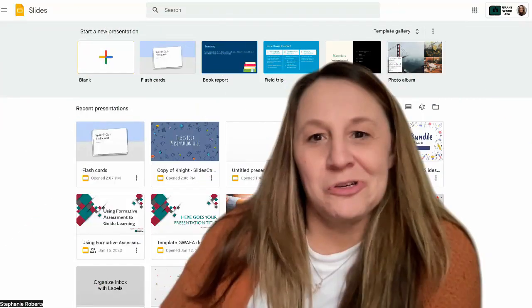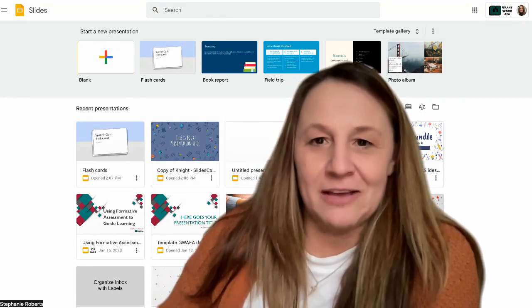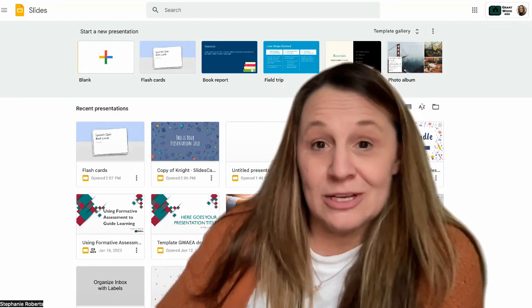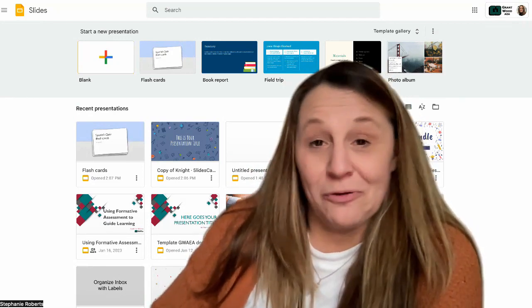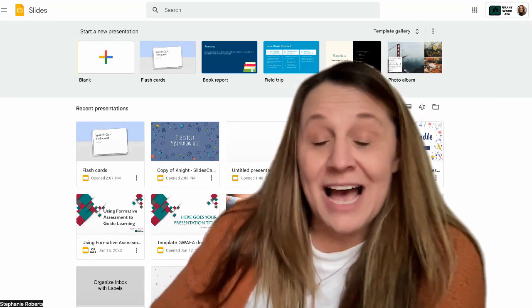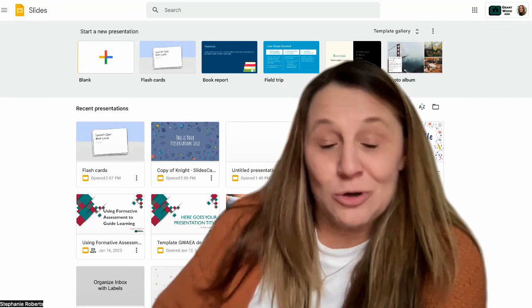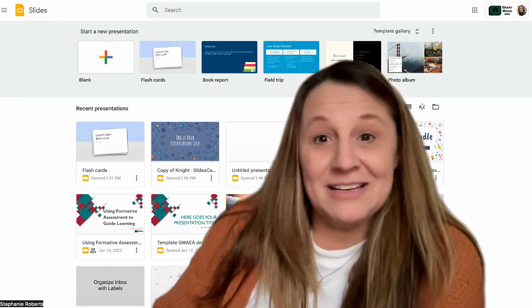A lot of us use Google Slides, but were you aware there's actual templates out there that can make your life easier? Not only that, it will help engage your learners. It will allow you to focus on the content instead of the formatting of the slides. And on top of that, there's awesome templates out there that include choice boards, interactive classrooms, and even to gamify